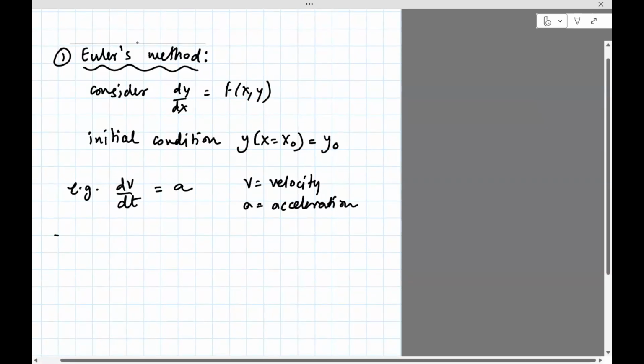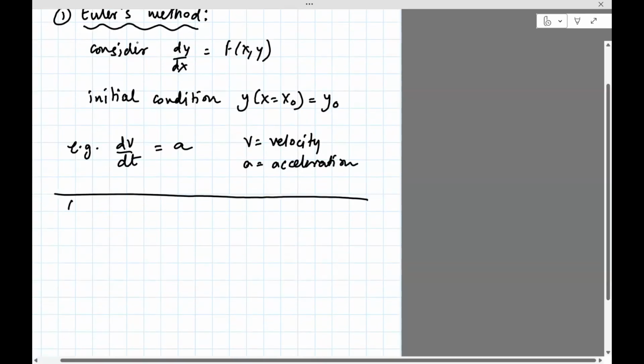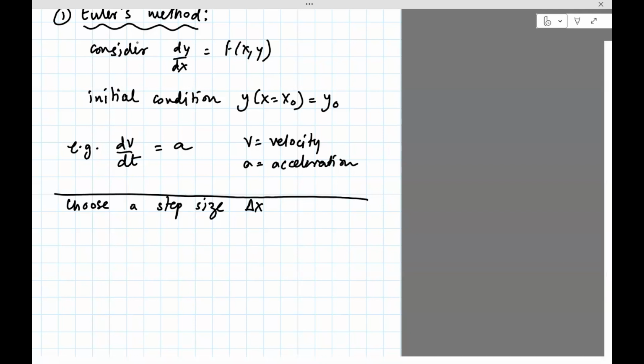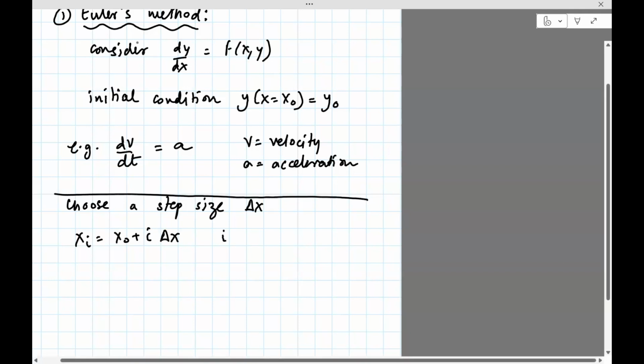So what we'll do here is the following. We'll choose some step size, okay? So that is how much we want to increment the value of x to find the value at the next time step, because ultimately, in this case, y is a function of x. So we know the value at x0. We need to find the value at the next interval. So we'll have these grid points, x0 plus i delta x, where i goes from 0, 1, 2, so on